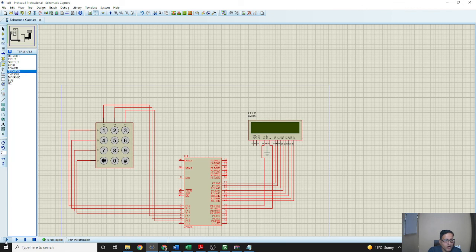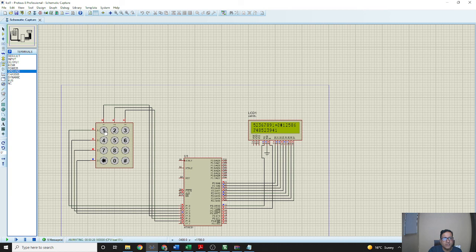Okay, so now we will simulate it. The code was right, but the frequency was changed here. A 10 was extra inserted here, that's why the problem occurred. So now this is okay. We are pressing and the output is displayed here. If we press star, then 0, hash, 1, 2, 5, 8, 9. Now our code is okay. We will check up to 32 characters, to see whether it will be cleared or not.